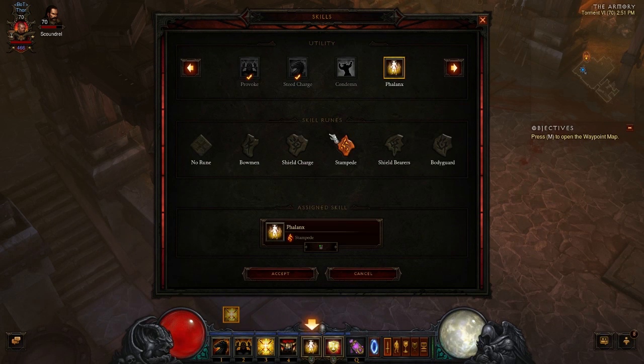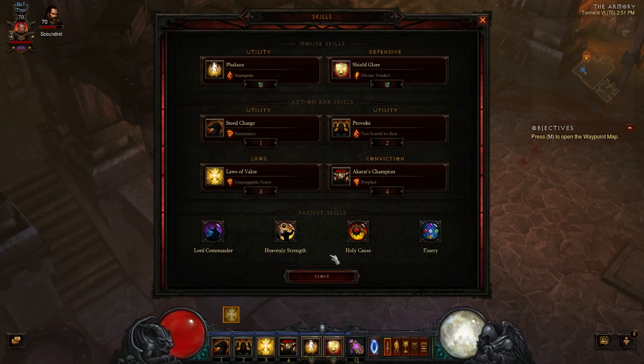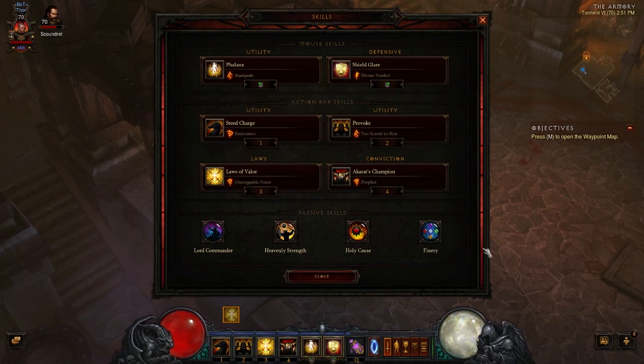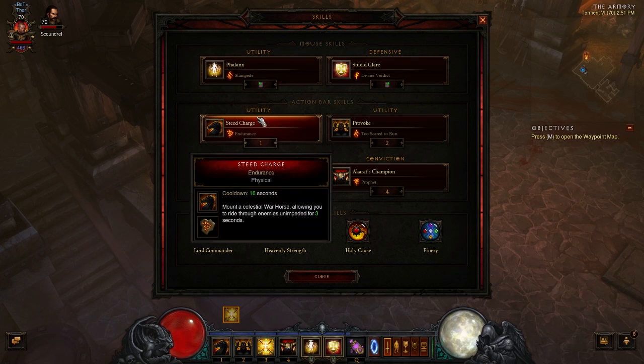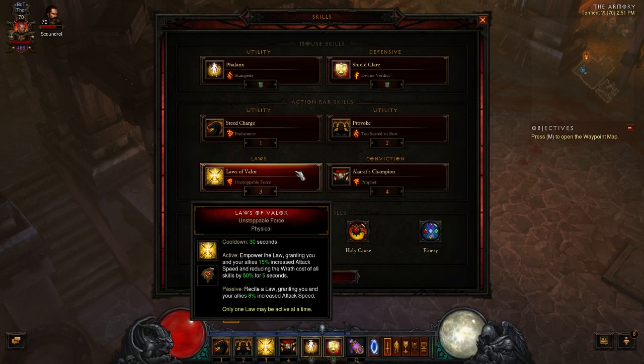Now, Phalanx with Stampede. That's what you saw going on real quick, but here we'll go over the skills. You can put this together if you want, if you're watching that part. We're going to go over how they play together, and then we're going to put in a little bit of gameplay to show you guys how this works. Phalanx with Stampede, Shield Glare with Divine Verdict, Steed Charge with Endurance, Provoke with Too Scared to Run, Laws